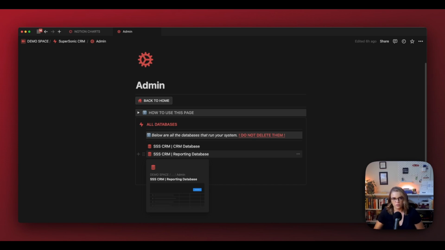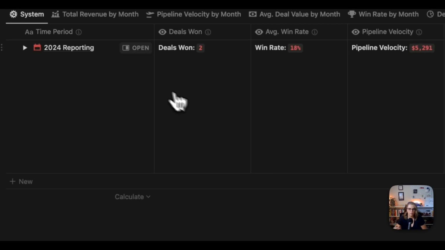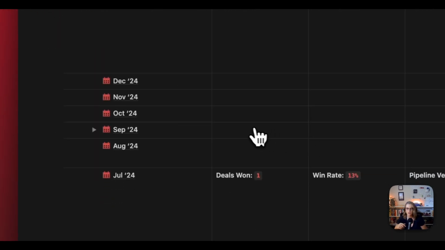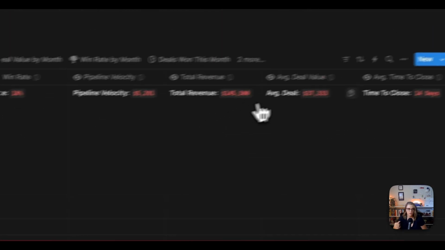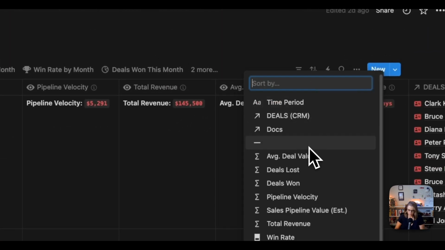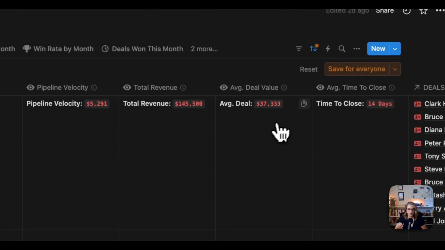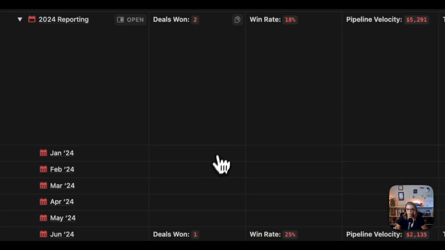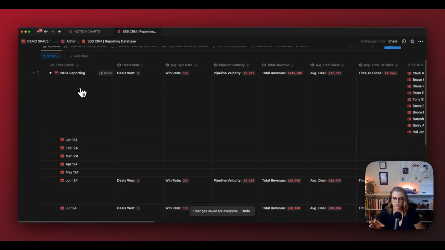And the reason for that is that you need to be able to relate stuff from the CRM to the reporting database and group them the same way that I was telling you about, by month. This applies to more than just a CRM, but in this case, we're grouping our data by month. So let me sort these. Okay. So we're grouping our data by month because if we relate all of these pages, like all of the